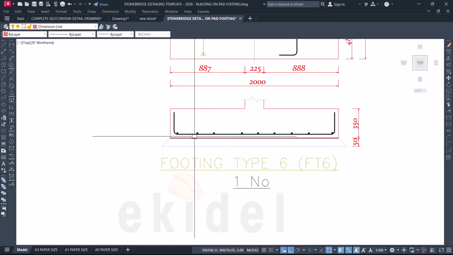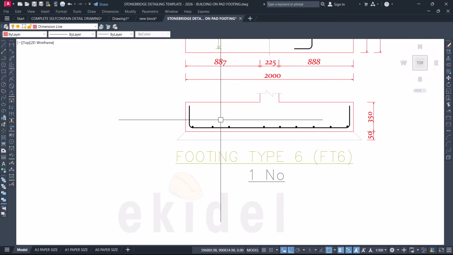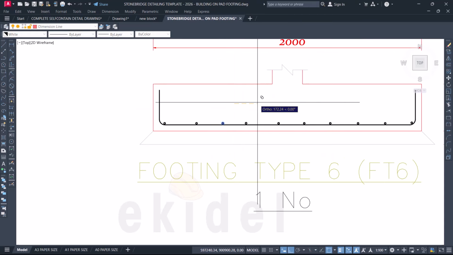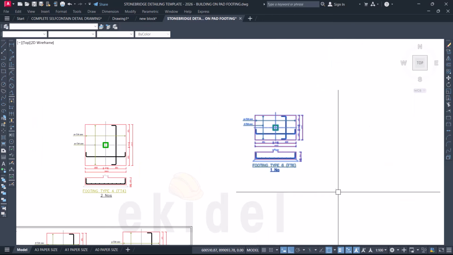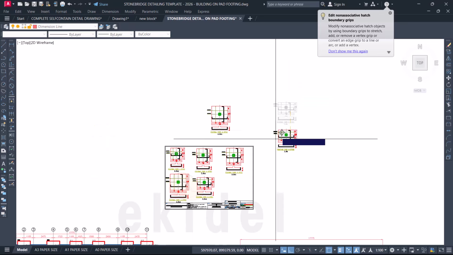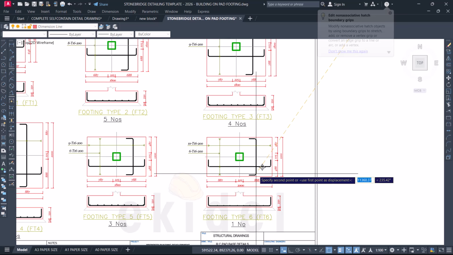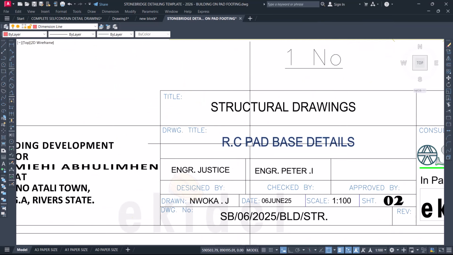Now we have 1 2 3 4 5 6 7 8 9. So modify that by adding 1 more. Move this backward. Okay, and make sure that this one appears at least the same. Then come and add 1 more here. That's 10 numbers. So with this we now have all our footings drawn. So come here and then place this here. Okay, that is fine. So we have now done this, and then this is already titled concrete pad